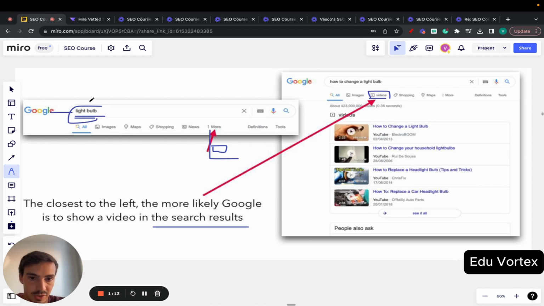A longer tail version, how to change a light bulb. Now Google does really value it because the videos tab is the third one. It's not hidden under the more tab like it is here for the keyword light bulb. So again, before doing anything, before wanting to rank a video for a certain keyword, let's say your money keyword